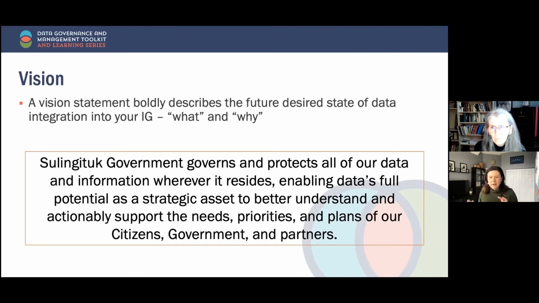So those are all the components that we were thinking could be involved in a vision statement for an IG. Vision statements are very personal to each government. So I'm just using a fictional example here and trying to unpack the kinds of things that I would think about if I was involved in crafting something like that for my own government. Next slide. I think this is over to you, Laurel.